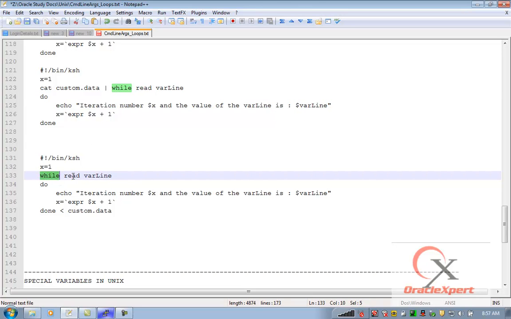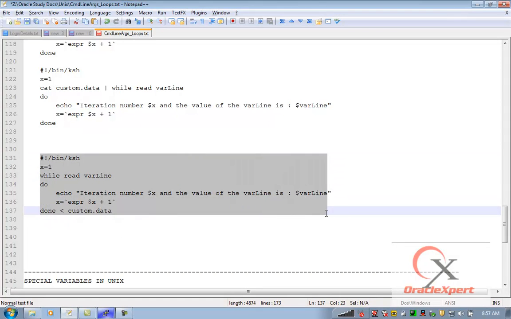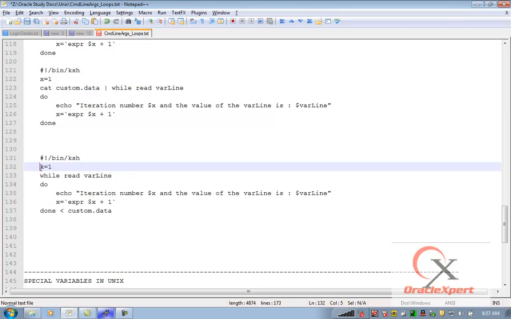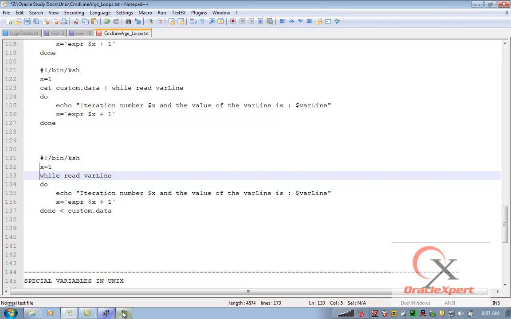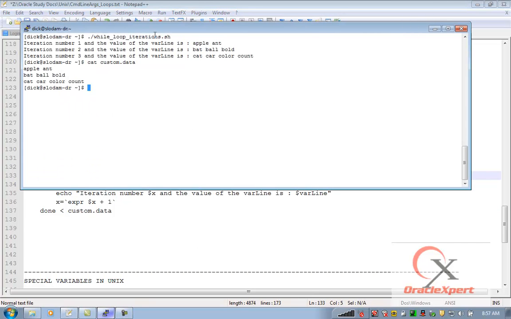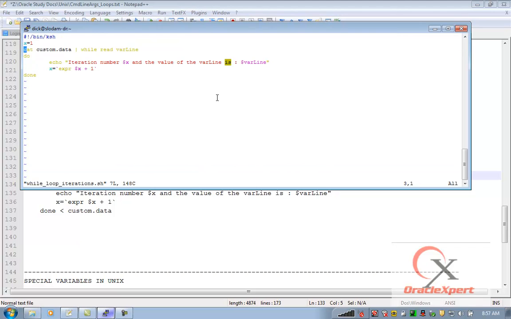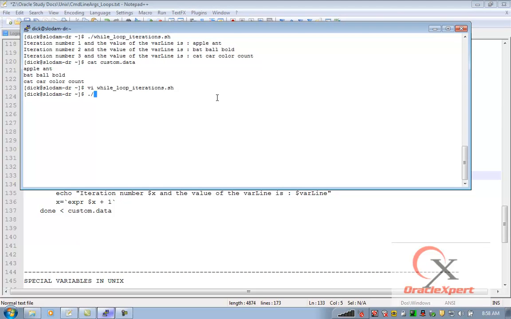In this case, I said while read line, whatever is that variable, and where the input comes from, the input is again coming from custom.data. So I want to run this version of the program, or let me modify the same program. So instead of writing here, I am writing it here, followed by,